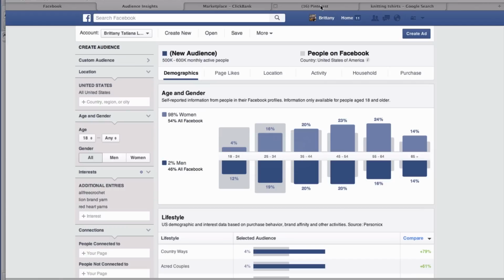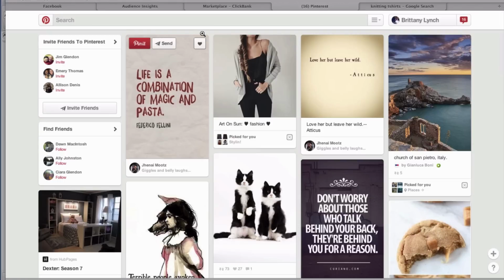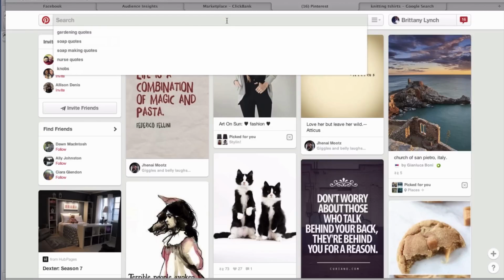And what I want to do now is I want to go on over to Pinterest. Okay, so we want to kind of come up with an idea for a t-shirt. And again, there's many different ways to do this, just as there's many ways to choose a niche, many ways to find niche targeting ideas. There's many ways to come up with design ideas. This is kind of just the fastest one that I really, really like. So I'm going to go ahead and search, let's see, knitting